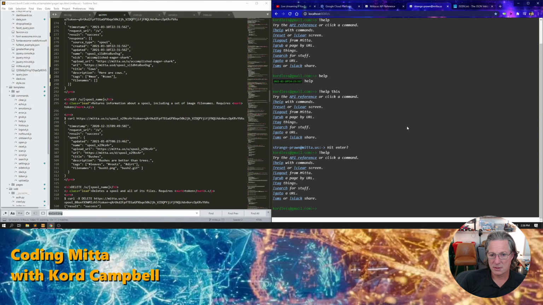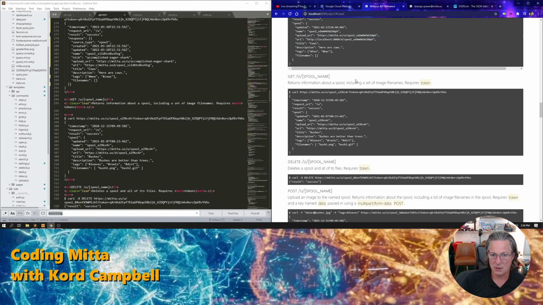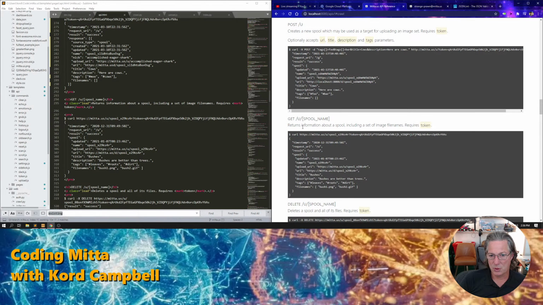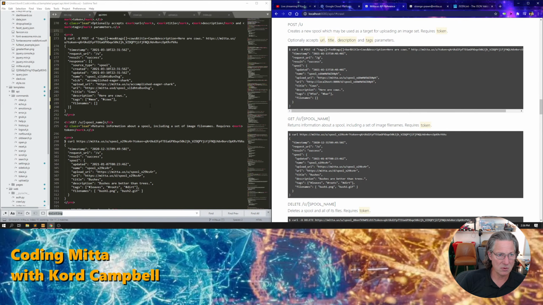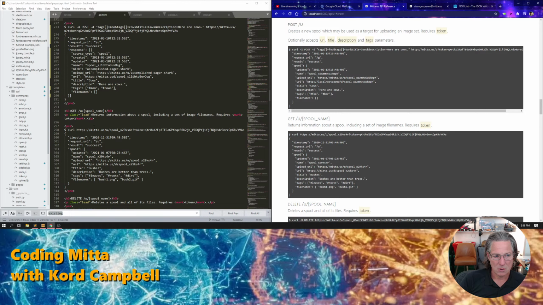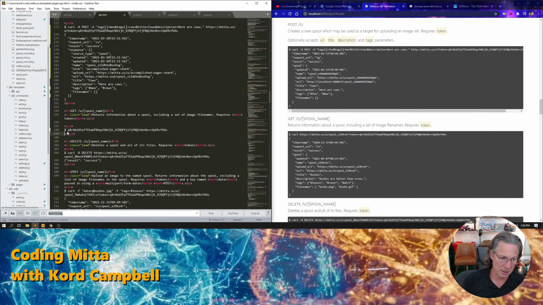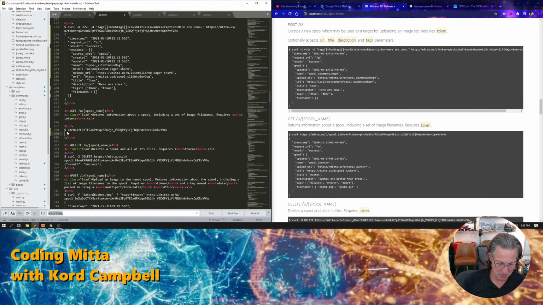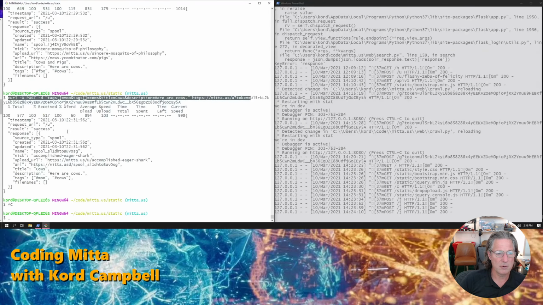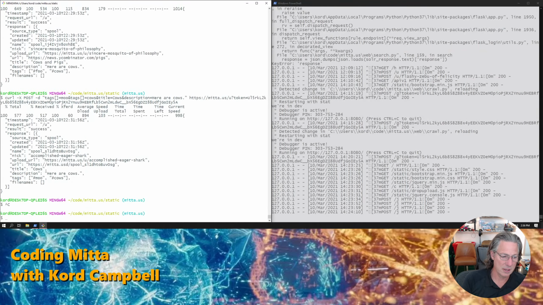All right, so now let's take a look at the next call. This is get use spool name, returns information about a spool, including a set of image file names. So what we want here, this is wrong, obviously. So we're going to take this part and we're going to delete it. And then we're going to take this part and we're going to delete it. Except, yeah, that's right. And then we're going to go over here and we're going to take a look at